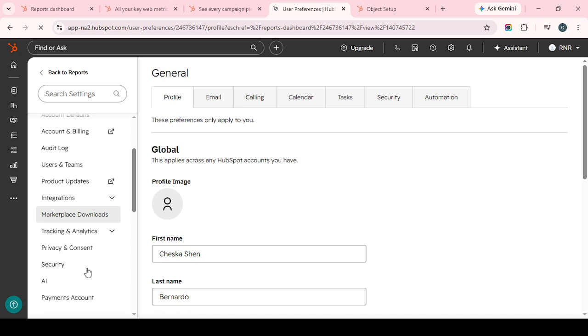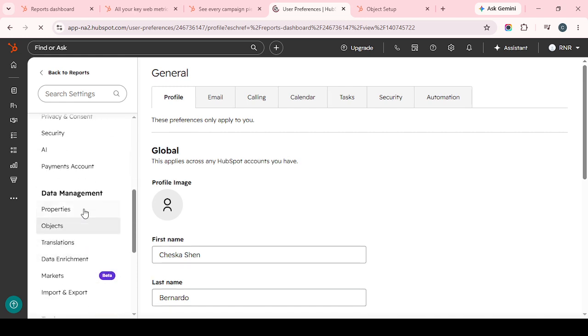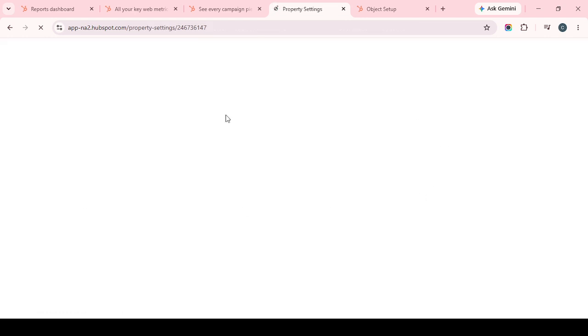Next, you'll need to select the database object level type from the first drop-down menu. This step determines where the property will live and what kind of records it applies to. In other words, you're telling the system which part of your database should use this new field. Take a moment here to make sure you choose the correct object level, because that will affect where the property